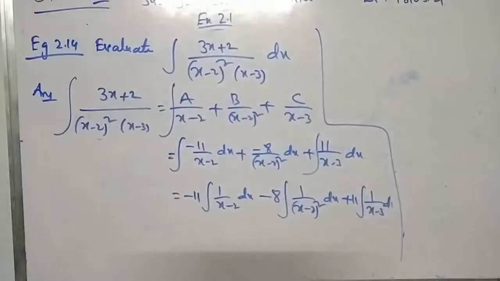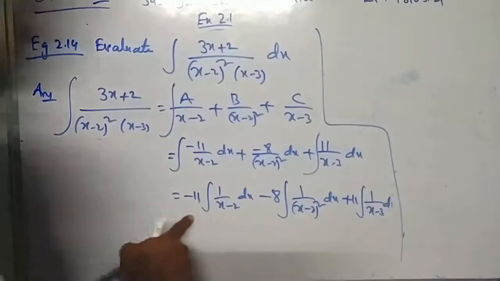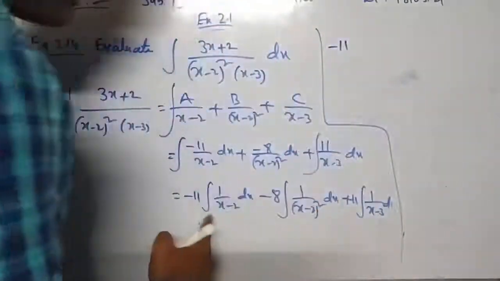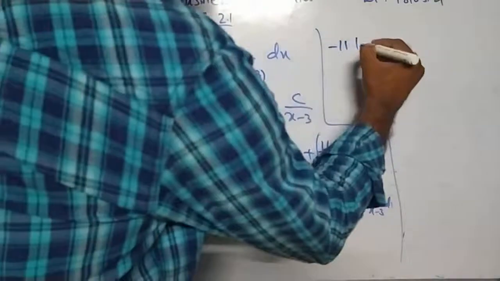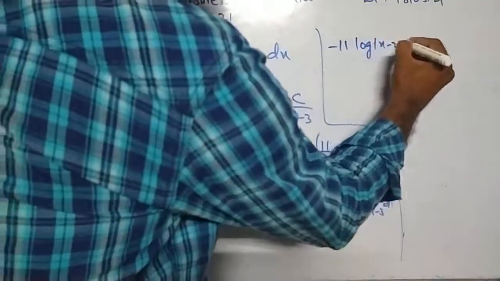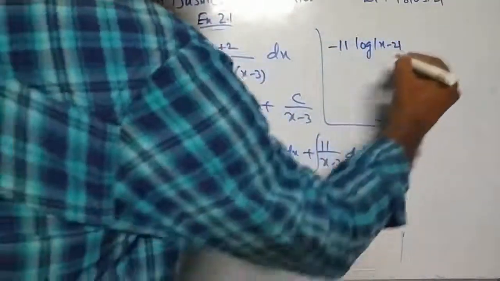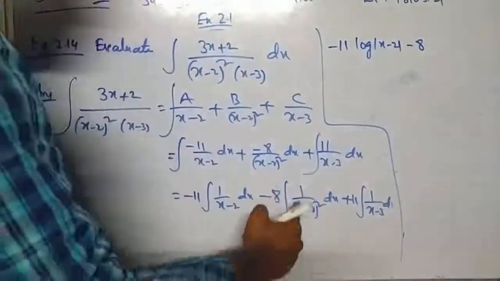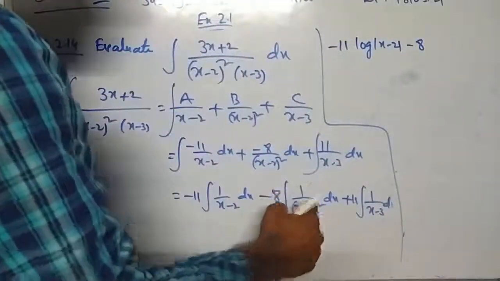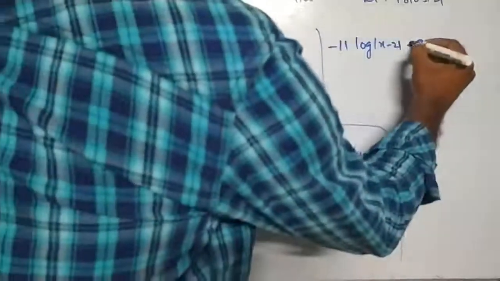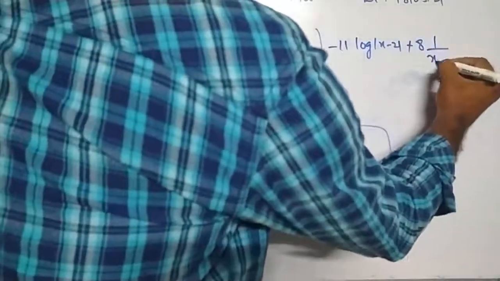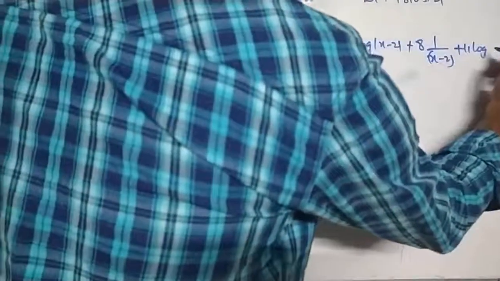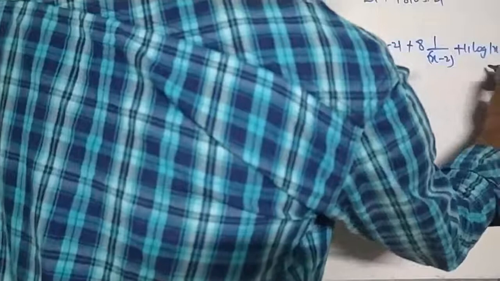Next, it will become minus 11, integration of 1 by x is log x, so log of x minus 2. Then minus 8, integration of 1 by x square will be minus 1 by x. Minus into minus will become plus 8 by x minus 2, plus 11 into log of x minus 3, plus